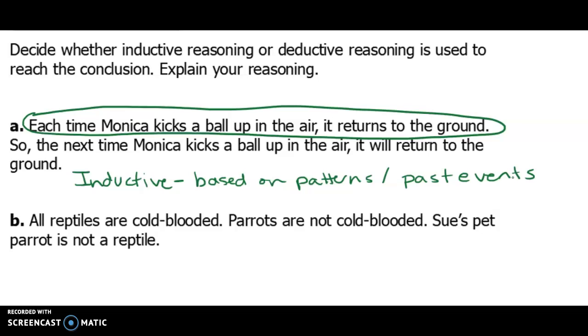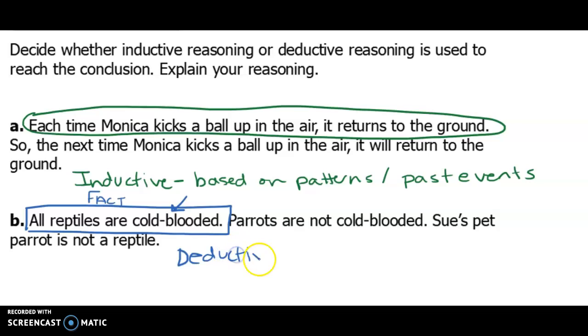Okay, now B, it says all reptiles are cold-blooded. This is a fact. Parrots are not cold-blooded, and therefore Sue's pet parrot cannot be a reptile. All this is based on the fact that reptiles are cold-blooded. Okay, so this would be deductive reasoning because it's based on